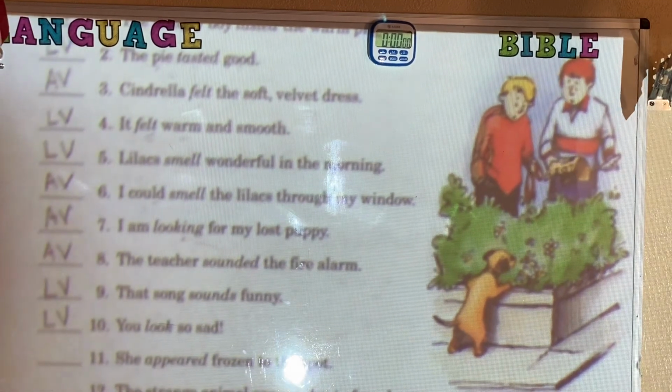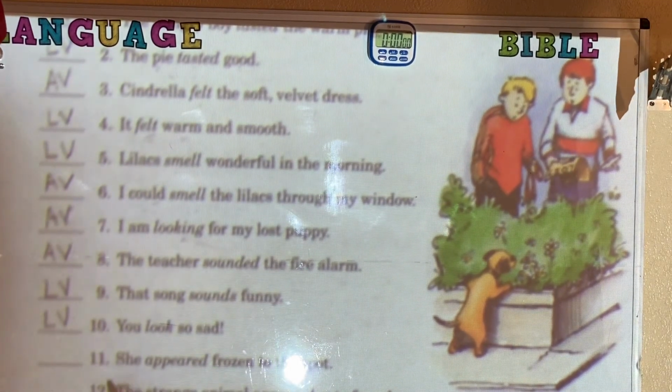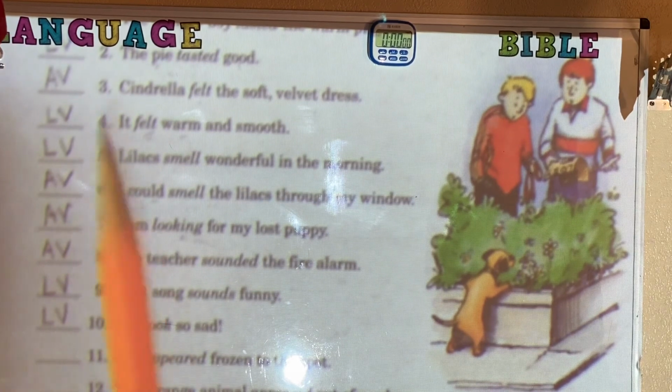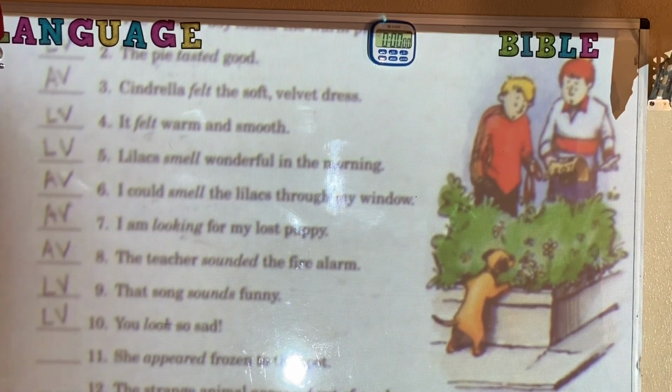For your homework, you're going to finish 11 through 20. That's going to be your homework, okay? If you need clarifications, make sure that you read the worksheet again, especially the Think Back on this page, on page 280 at the top. It tells you 4 key points on how to differentiate between a linking verb and an action verb. So make sure that you go over that again. And for your homework, finish